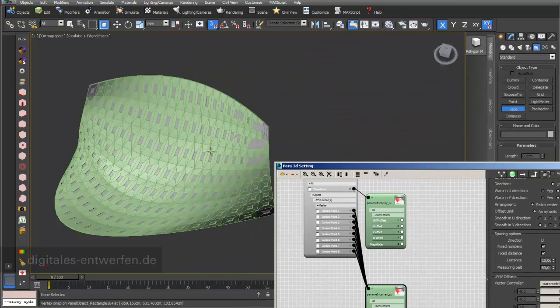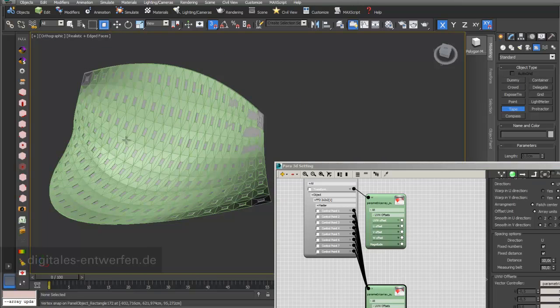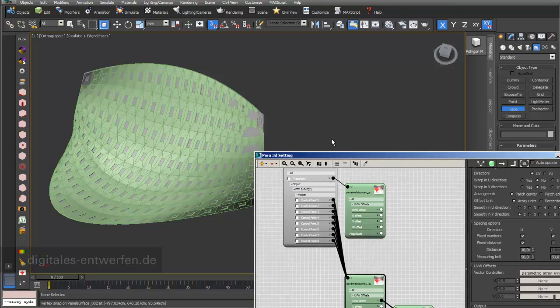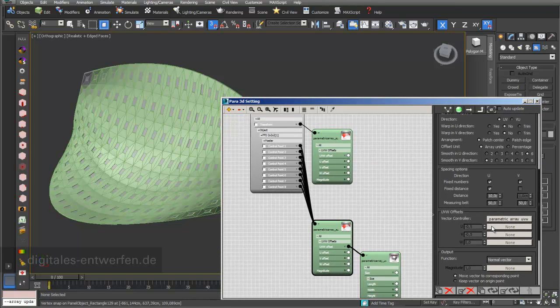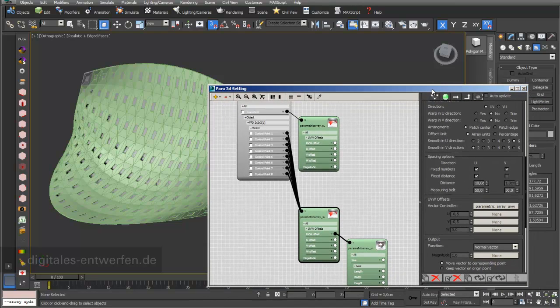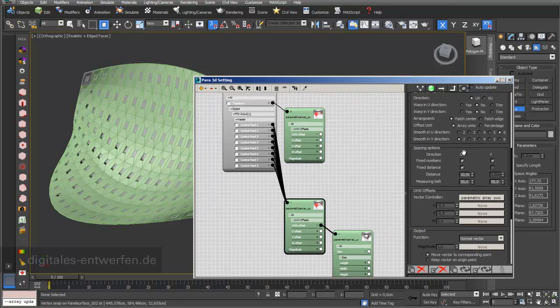All these surfaces, all these panel objects fit together. There is no gap, and just because my whole surface is not straight, it's impossible that all elements have 10 centimeters in terms of my distance of u direction. But you can optimize it. You can also make a decision which kind of objects should be 10 centimeters, and so the others will interpolate a little bit. So what you can do is you can use this measuring belts, and that's a really nice